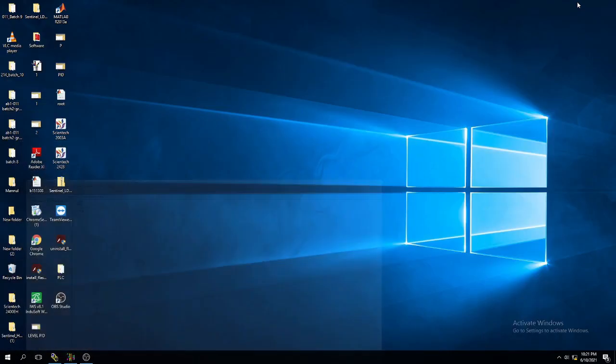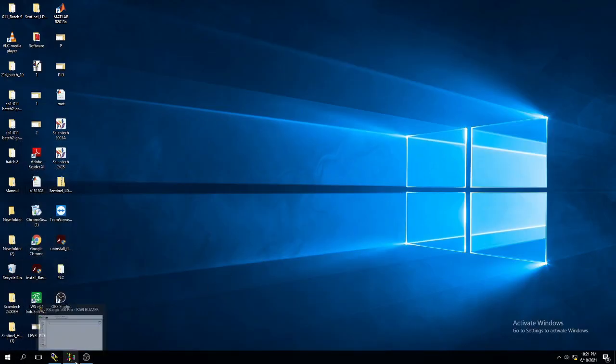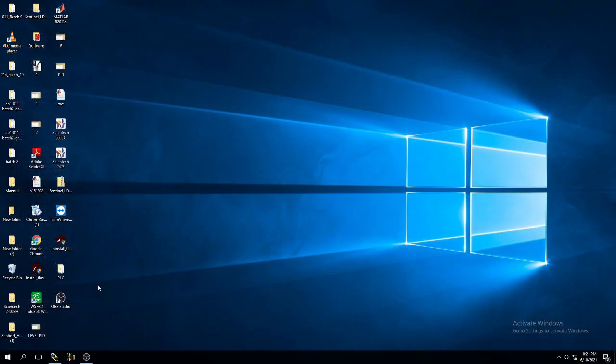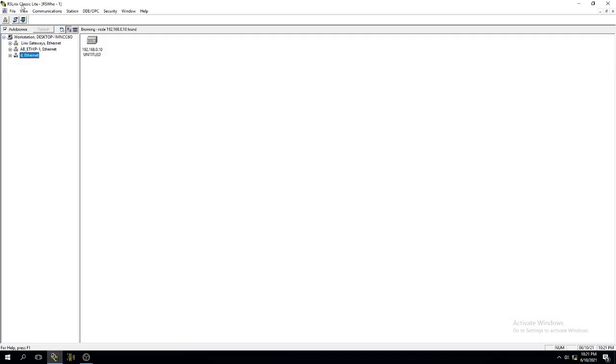And the second thing, in the desktop we have the taskbar. The second thing is RSLogix 500 Pro software. These are the two softwares we have. So first open this RSLinx Classic Lite. Just check whether